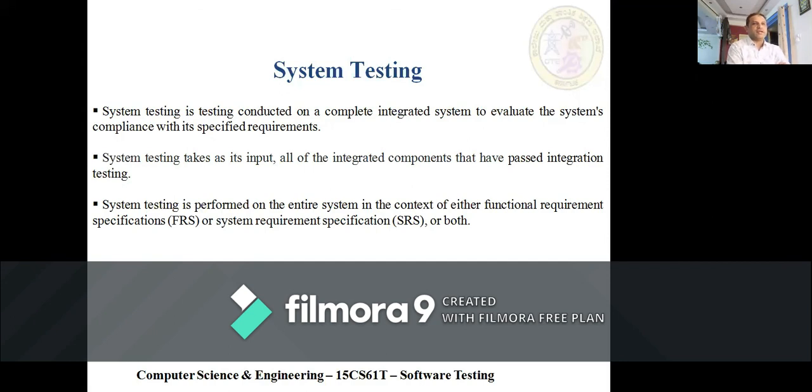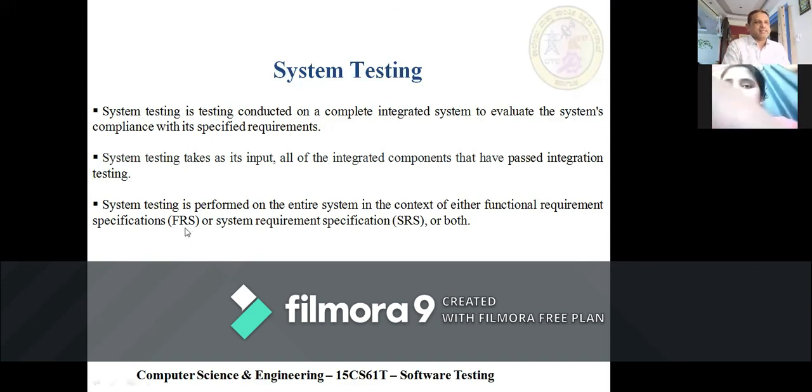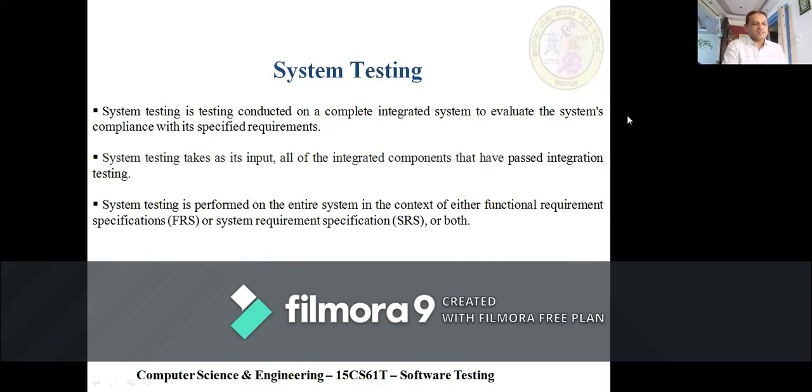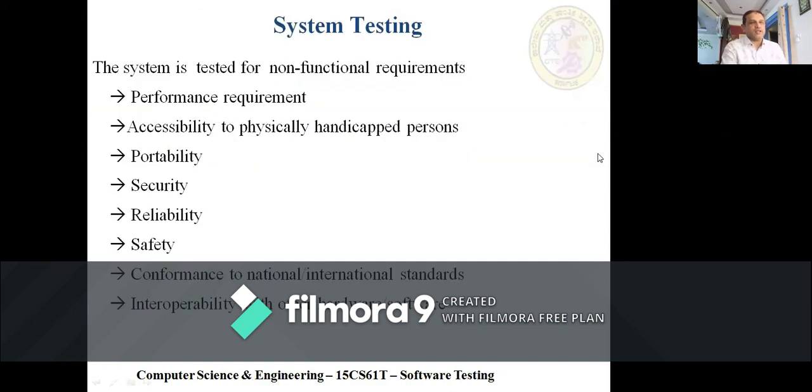So that is in the case of system testing. We give the input and test whether the software gives the desired result or not. When all the modules are integrated, the functional requirement specification is tested.